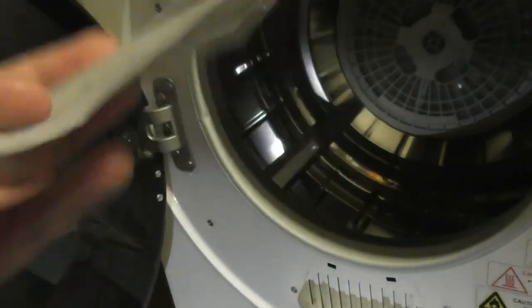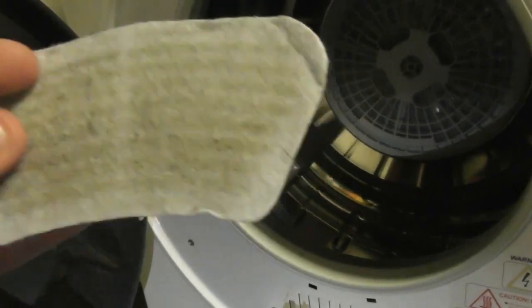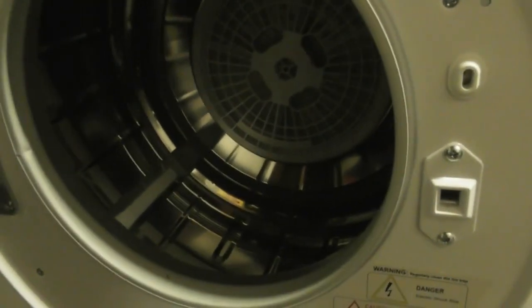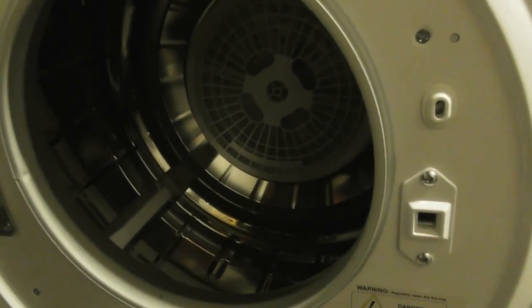This one definitely does need cleaning off, as you can see, there's loads of fluff inside there. This is where the air lint catches, and especially it also catches at the back of the drum, by pulling it and pushing it. So if I do that, look,